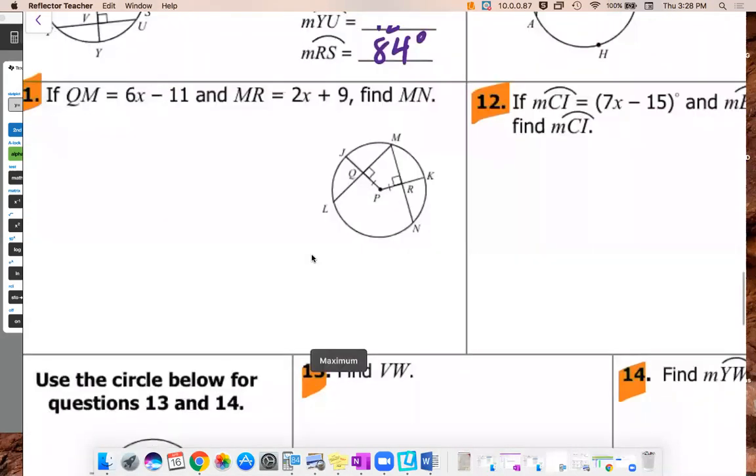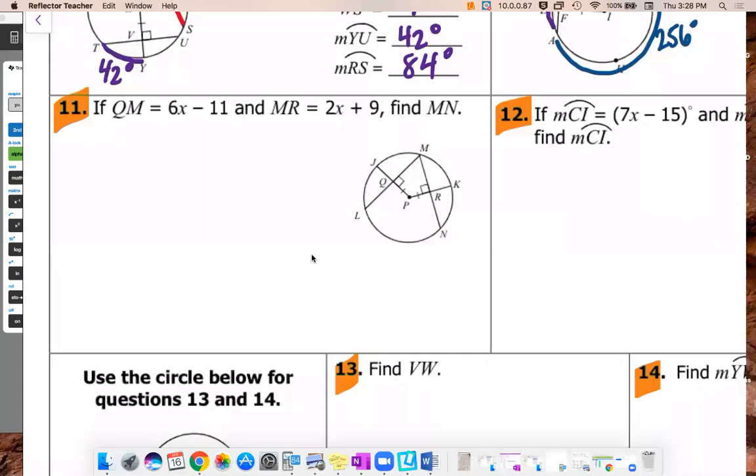Okay, so same thing, but we're getting some equations here. So we've got QM is equal to 6x minus 11, and we've got MR is equal to this. Now, what do we have here? So we have these two radii are perpendicular and they're the same distance from the center, so that means that this arc and chord are being cut in half, and that's saying that if they're being cut in half and that they're congruent, that means that my two lines here have to be equal. So what you're going to do is you're going to take 6x minus 11, and you're going to set it equal to 2x plus 9, do your algebra,